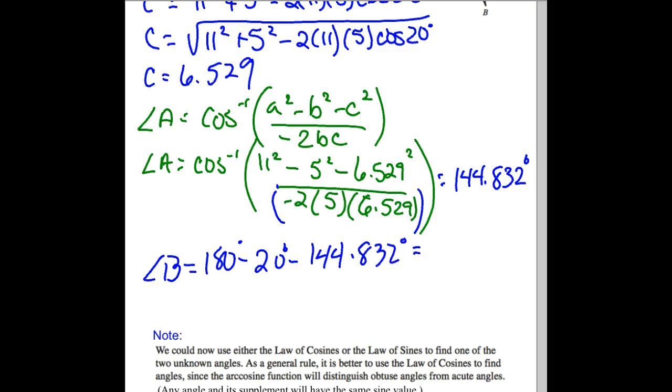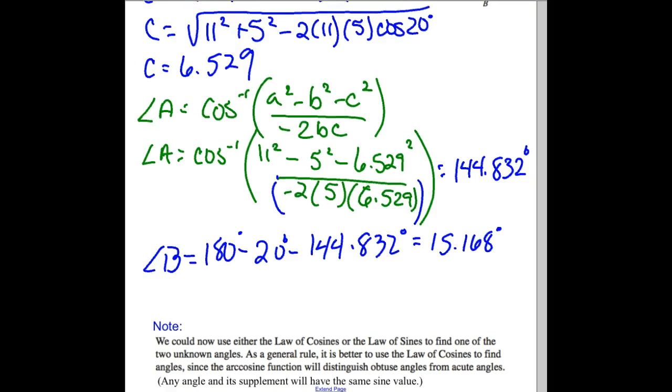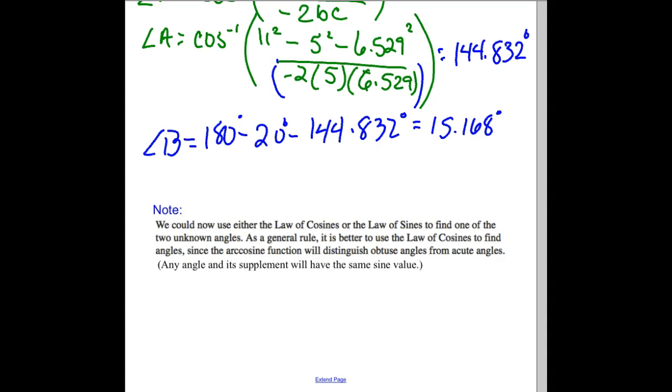All right. What do we end up with? 15. Okay. So have we solved the triangle? We found the one missing side and we found the two missing angles? Yes? Okay. There's a little note at the bottom here that said,